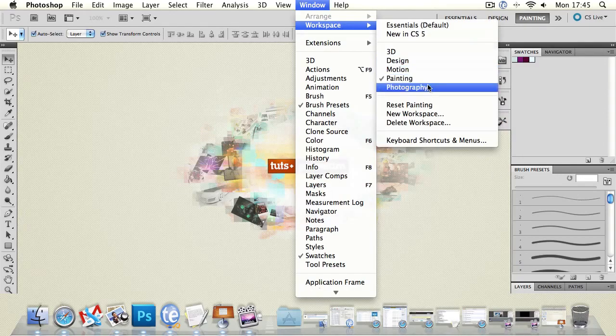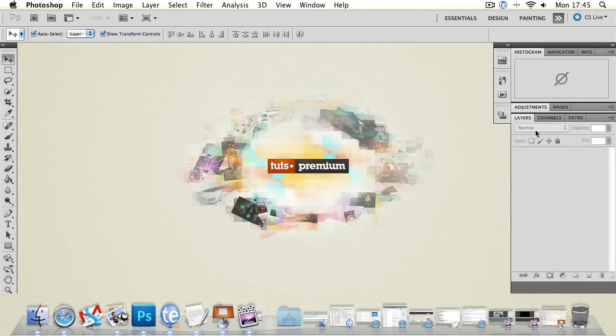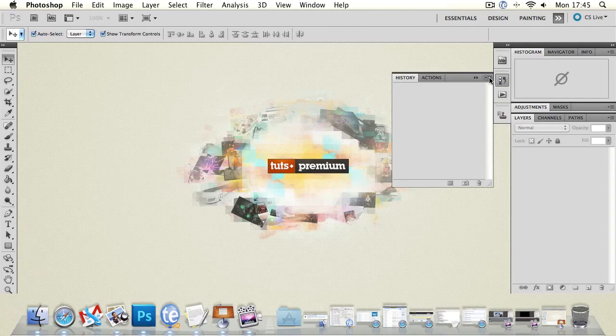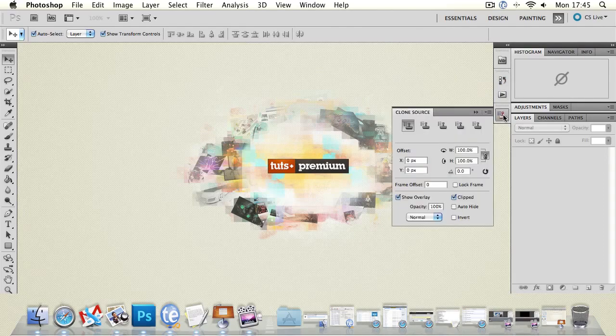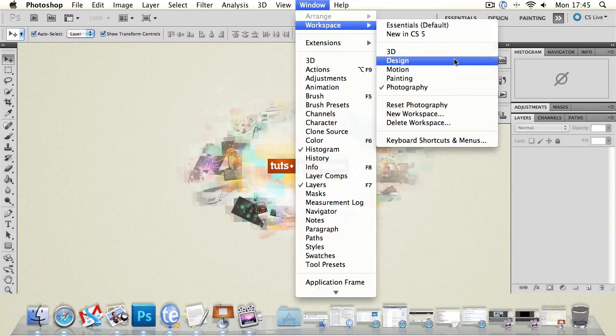And then finally you've got photography, which is aimed more at photographers. So you've got things like the histogram, navigator, information, adjustments that you can make to the colours and levels, and also you've got layers as a standard down here. You don't have things like the character panel here, but you do have actions and history panels, as well as a clone source panel. In order to reset any panels, if you did make changes, just click on reset under